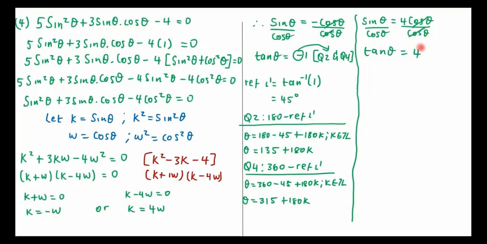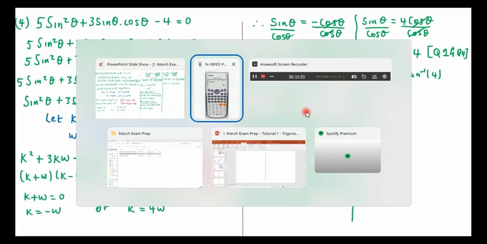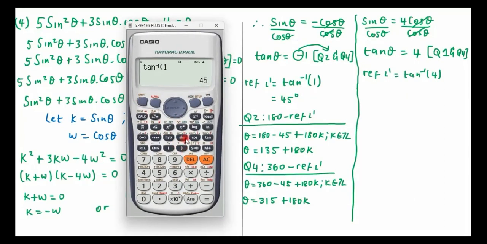Okay, so now I'm going to go into the next part. Next part here, we have an answer that is positive. So positive is in the first quadrant and in the fourth quadrant. Now please don't think that this is going to be an error, because tan doesn't have an error when the value is 4, so we're just going to be calculating this 4, and it's going to be a normal value. So normal 1, 4, so we're getting